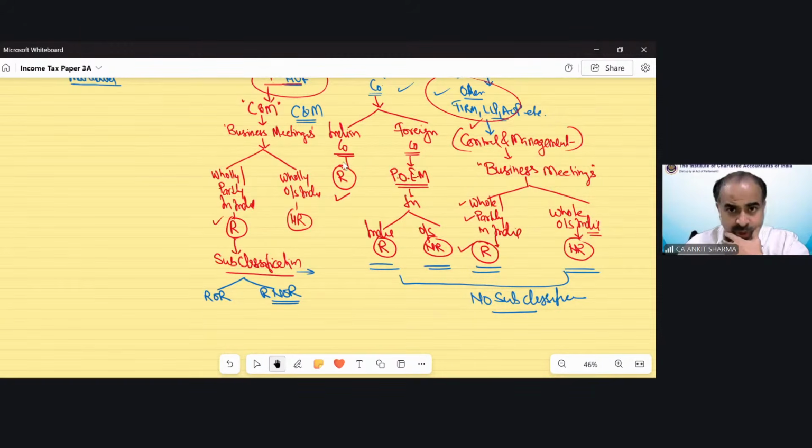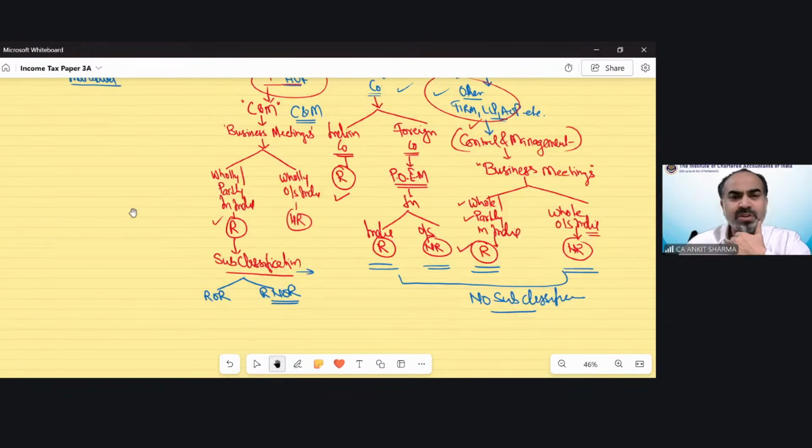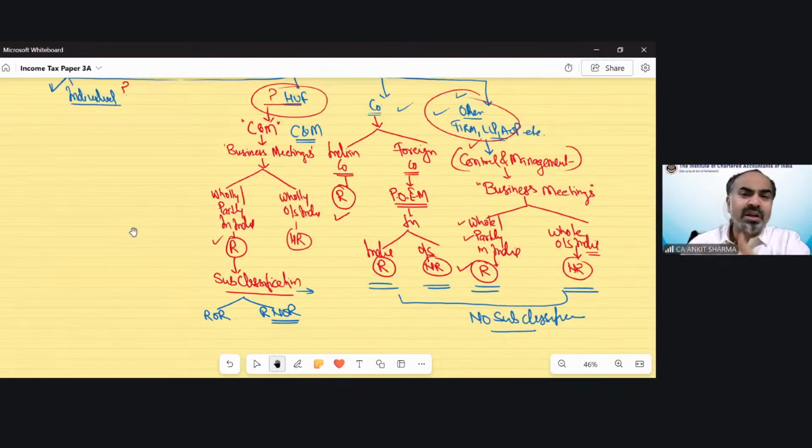Okay. So now moving on to the provision of individual. And of course, as I told you, the conditions of residential status are complicated, and till now there is nothing complicated. So technically, the complicated part is in case of individual category. That means it's talking about you and me. So in this individual category, we will see whether you and me would be a resident or non-resident.